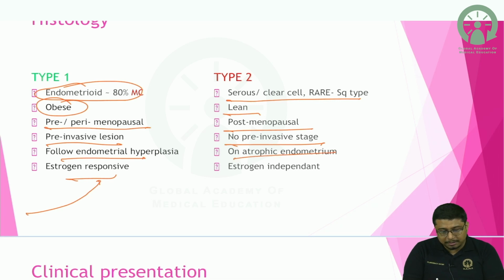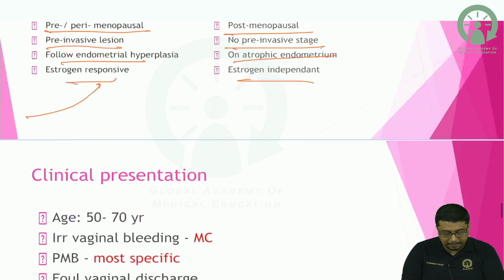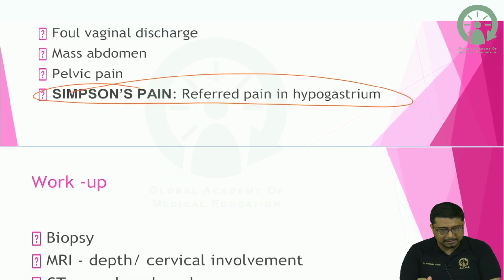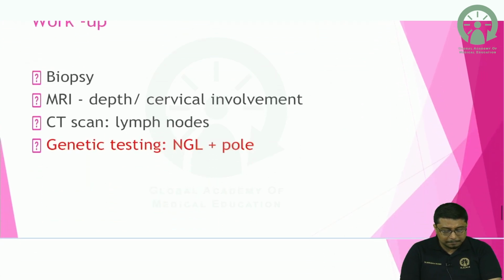Atrophic endometrium is the base, no underlying hyperplasia, and these are estrogen independent, right? So Simpson pain is referred pain in the hypogastrium. This is seen in endometrium, and